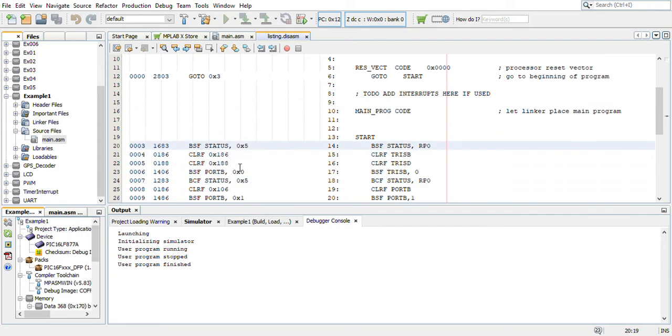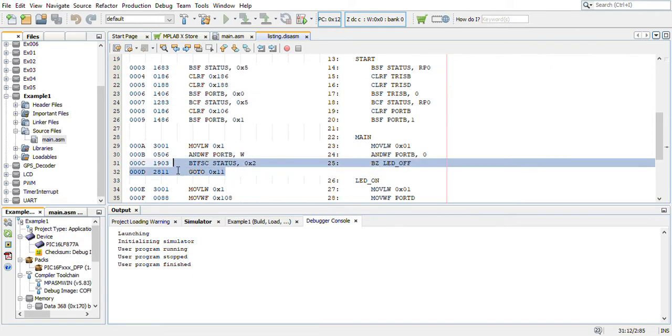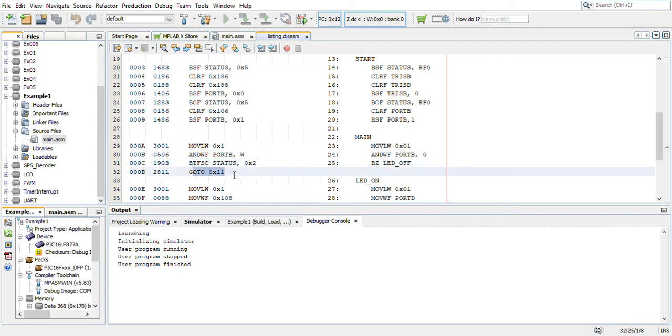Now let's say you look at this BZ instruction. It is in fact divided into two assembly code lines. That is being done by the compiler, so we can't help that. The assembly code they have given is to make our life easier, but when you go into the machine code level, it has to be divided into two. You don't have to worry about that, but you have to make sure that you understand this.